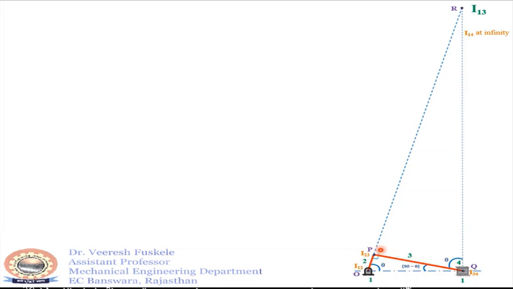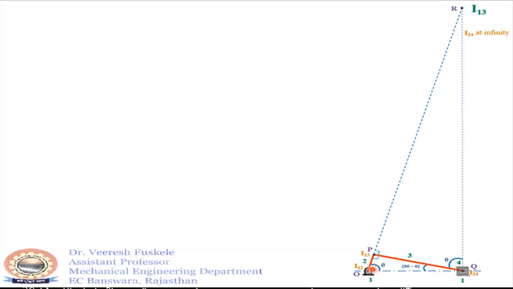Now this angle will be 90 degree. As this is 180 degree and this angle is 90, so this will also be 90. Now this angle, this is 90, this is theta, so this angle will be 90 minus theta, and this whole angle is theta, this whole angle is 90 degree, so this angle will be theta. We'll do it once again.